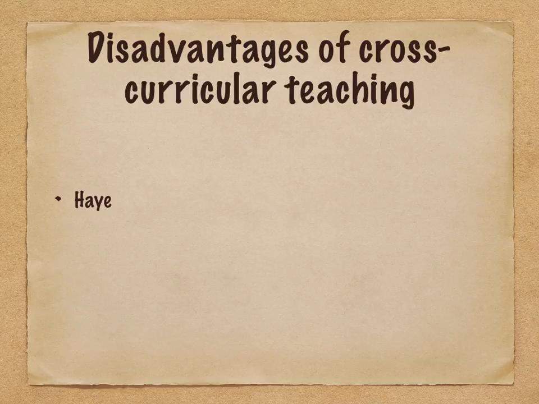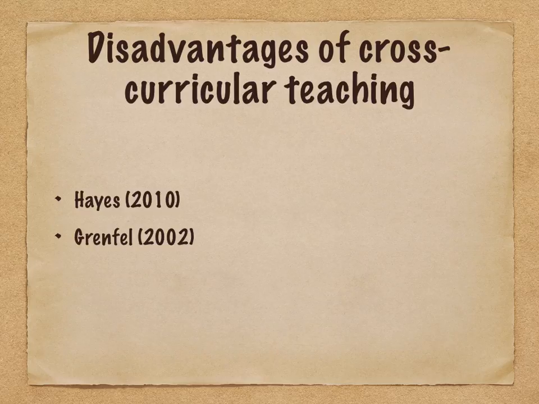Disadvantages of cross-curricular teaching. Hayes 2010 highlights that a difficulty with not having strict subject boundaries can allow children to be unable to have regular opportunities to gain fundamental skills in key subjects. He also states that cross-curricular links may not always be as natural between some subjects compared to others. For example, links between music and geography are more difficult to create rather than creating a link between science and